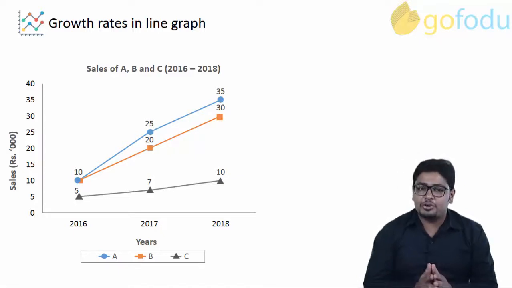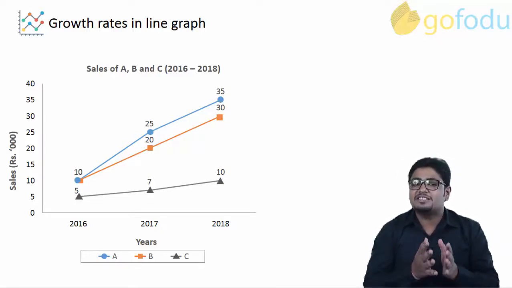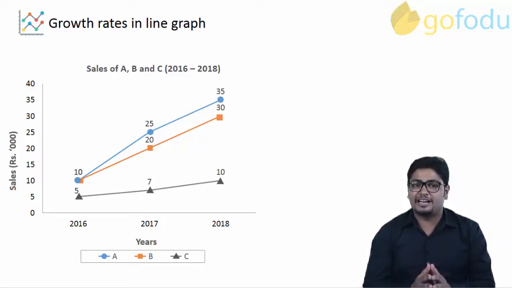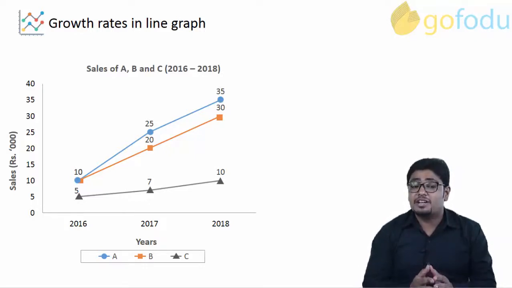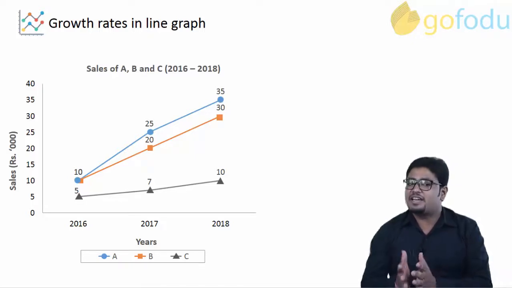Over the course of the video I'll try to make you comfortable with these types of visual depiction of data. This is part 1 of the 2-part video, and by the time you are finished with the second part you will be able to solve many questions from line graphs just by sheer observation. So, a typical line graph is shown on your screen, and we start by understanding the common question type of this topic, growth rates in line graphs.